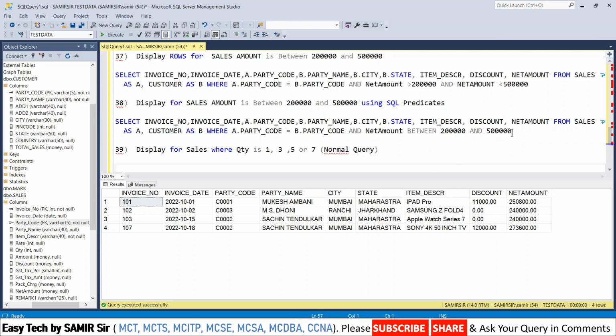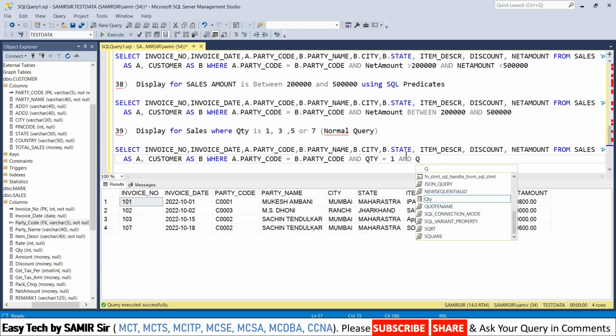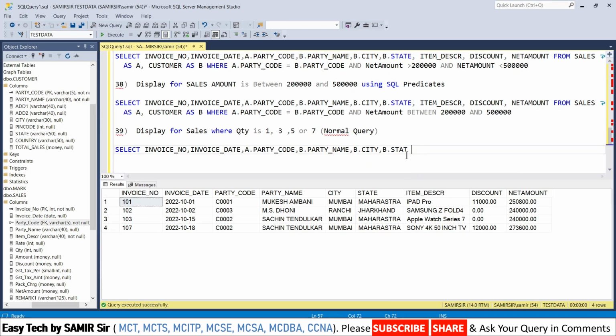Let me copy this, Control C, Control V. So now the normal query will be where quantity is equal to 1. Now let me show you. I want to see where quantity is 1, 3, 5 or 7. So if I say quantity is 1, and quantity is equal to